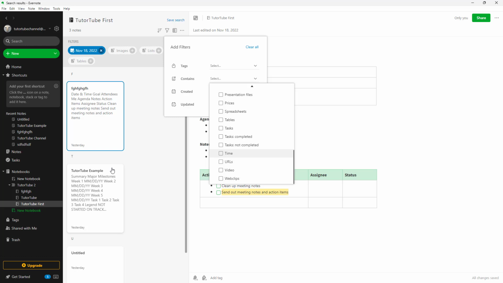And that is how you can utilize the filter and sort options inside of Evernote. I hope you guys learned